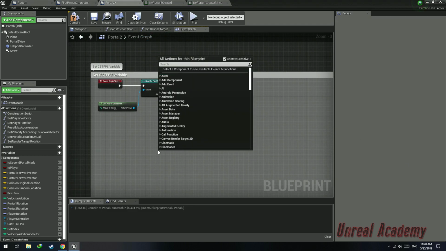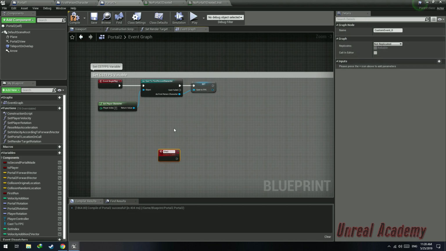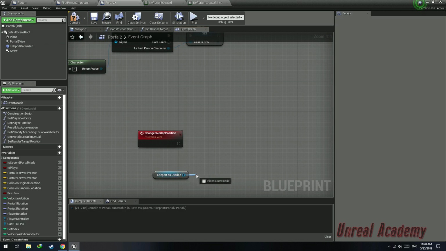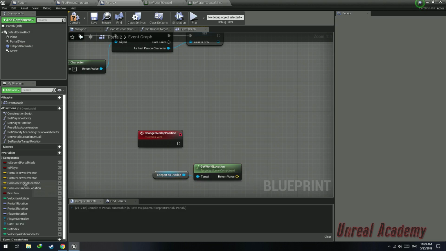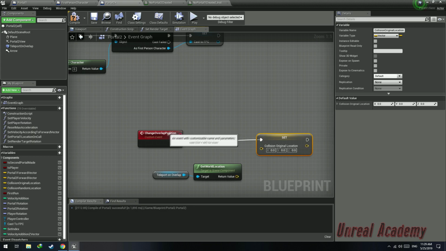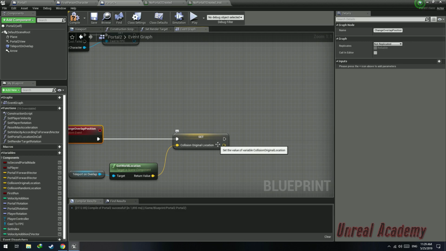we're going to create a custom event, add custom event, name it change overlap position. We're going to get a reference to this box collision, get world location, and store it inside the collision original location vector variable. Set collision original location to the return value, plugging it into the collision original location pin,